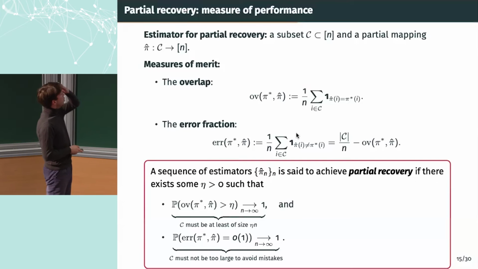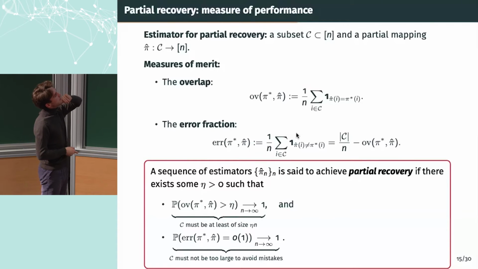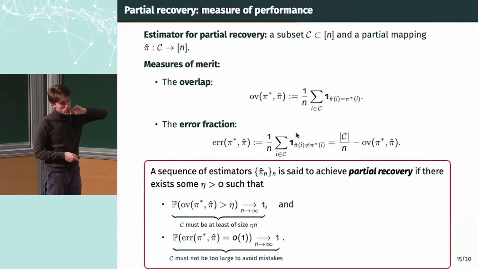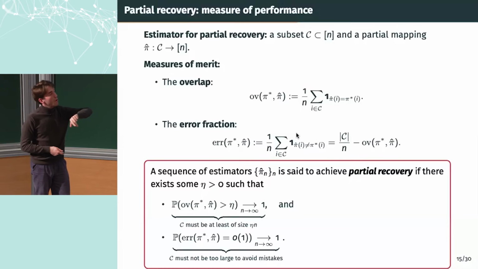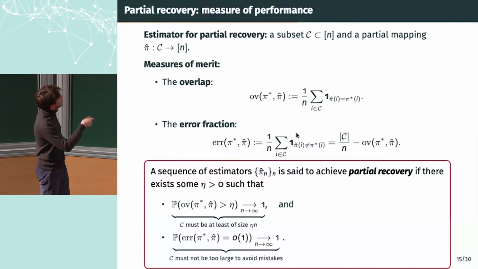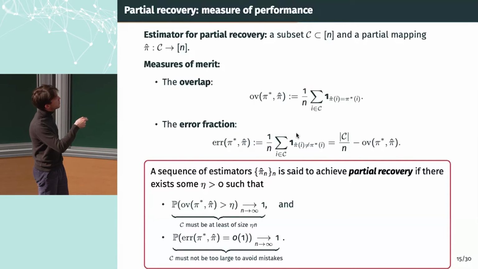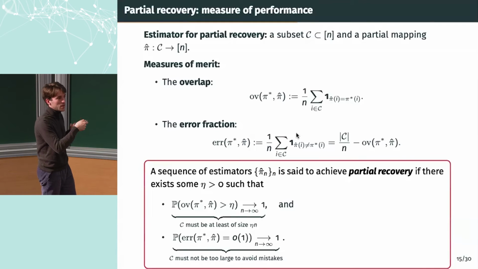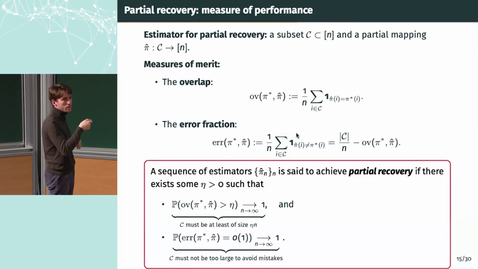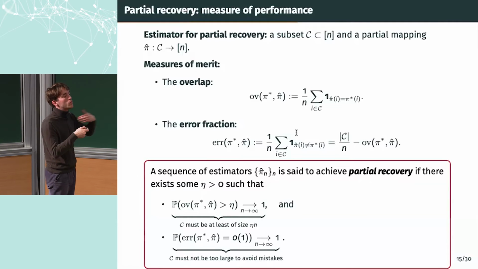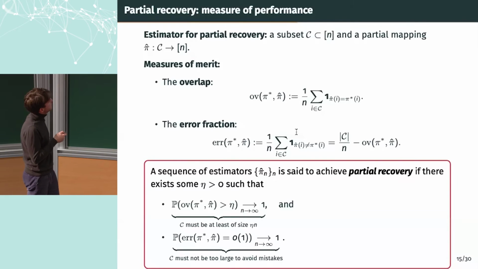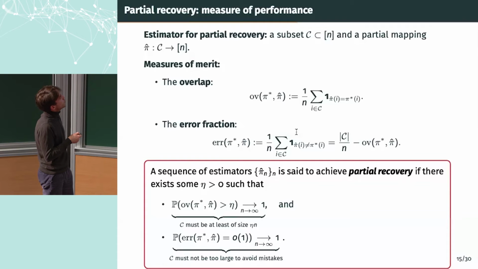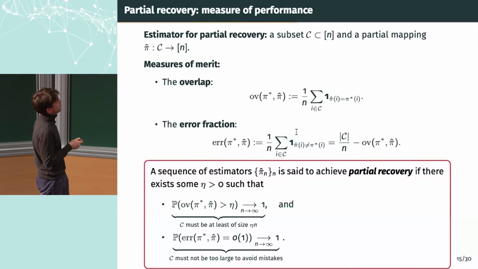Partial recovery is basically not outputting a permutation, because you know that you cannot recover it totally. So you just output a partial mapping, meaning you have this set C here, a subset of the nodes of the first graph that your algorithm thinks it is able to match. It's part of the output of the algorithm, if you like. So I won't say I output a permutation, I just say I output some pairs of nodes that I think are matched. And there are measures to tell you if the performance is good or not.